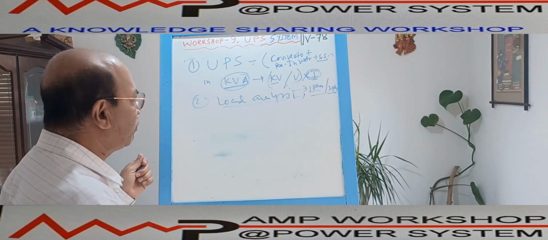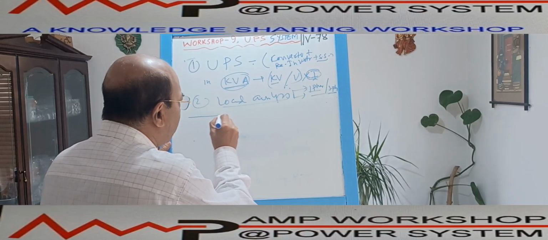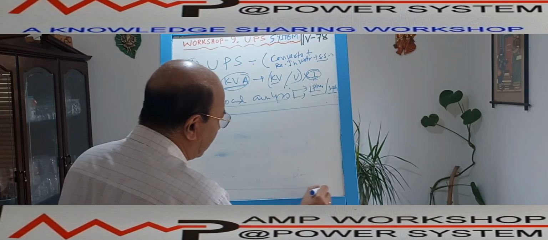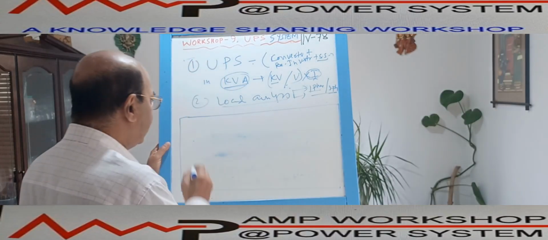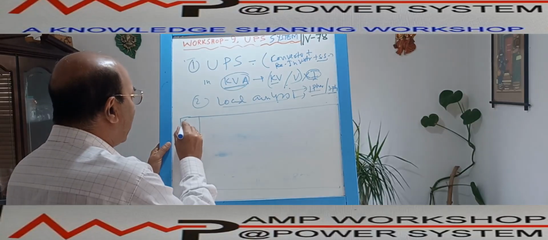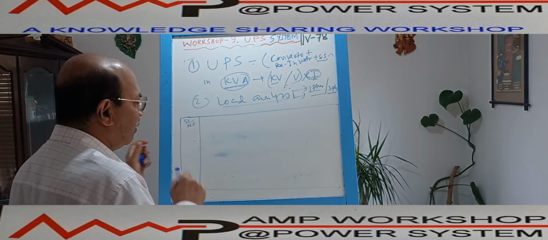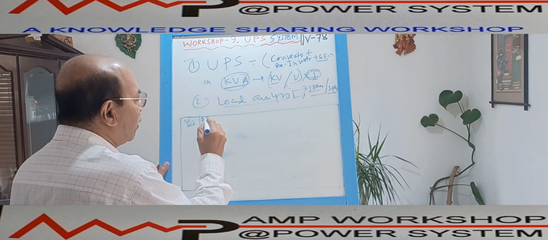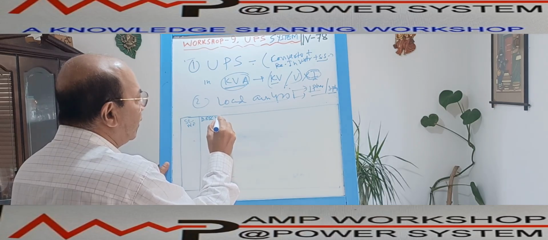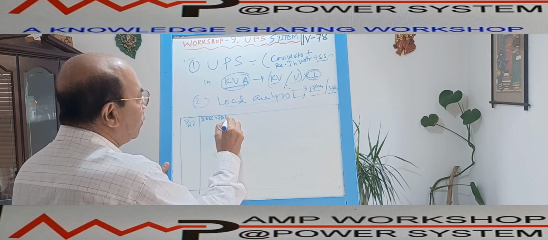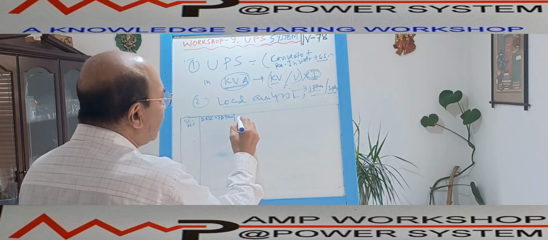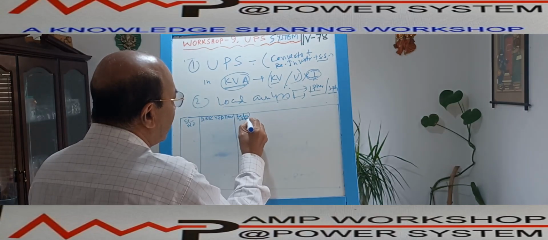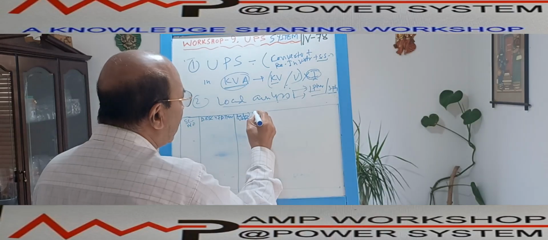For the load analysis part, we can make a small table showing how the load is to be analyzed. I am giving a short form here. First, one column for the serial number, for how many loads we have. Second, the description of the load. We will put the description of the load. Then we need the rated voltage of the load; we will put the rated voltage here. Then we will put the rated current